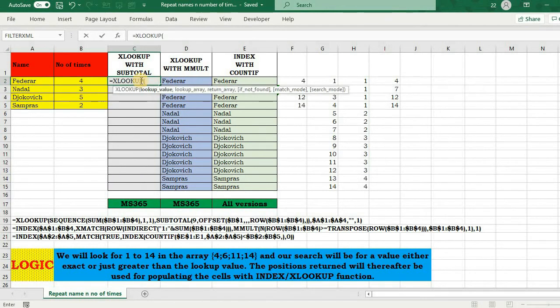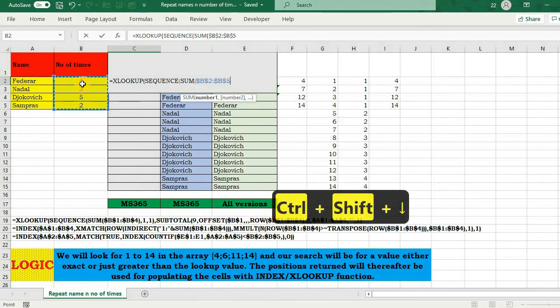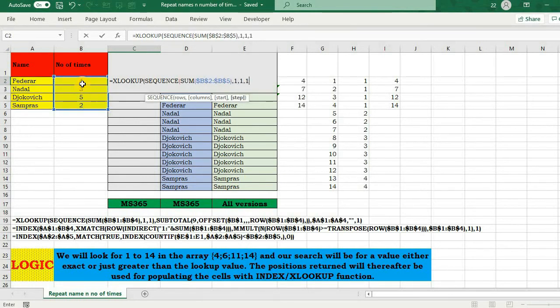Simply XLOOKUP. The lookup value is, as I told you, 1 to 14. So I will generate the number sequence 1 to 14. I'm looking for 1 to 14, and the lookup array is the one that I just generated, that is 4, 7, 12, 14.